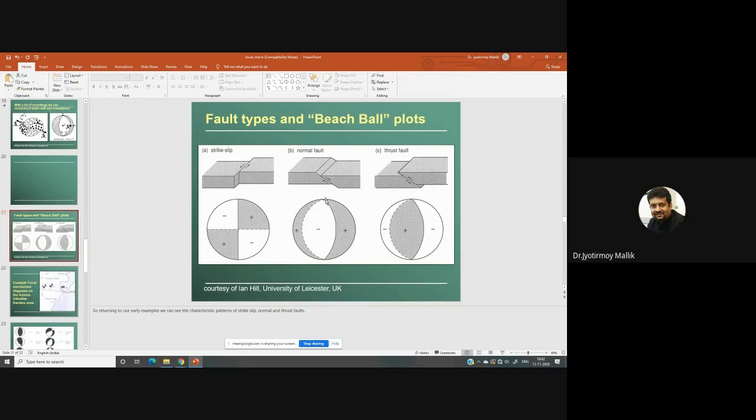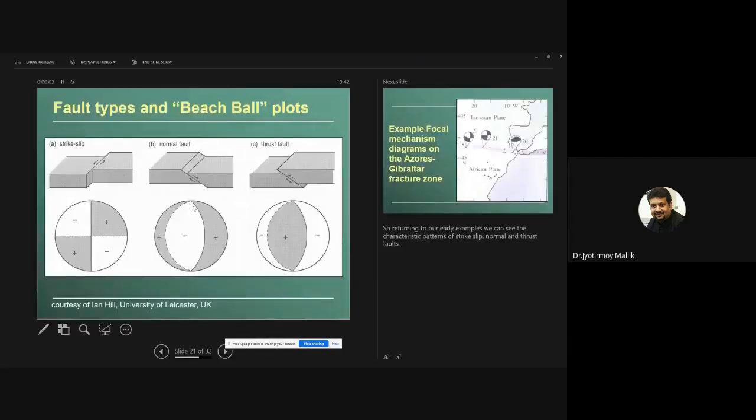Now, the main fault plane, although you cannot tell it from the beach ball diagram itself, but from other sources, is actually demarcated with a solid line, and the auxiliary fault plane is demarcated with a dashed line. Okay, so that is essentially the convention. If you find such diagrams, you should be able to understand that.